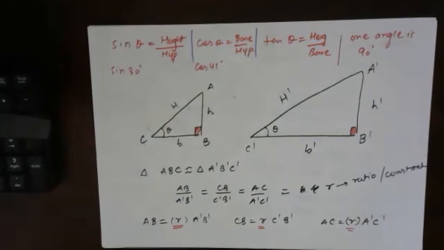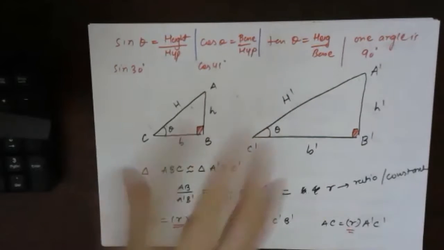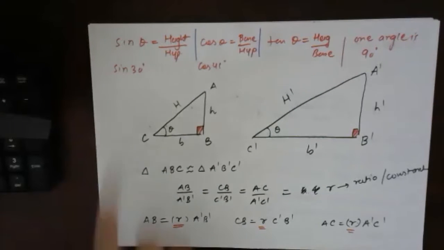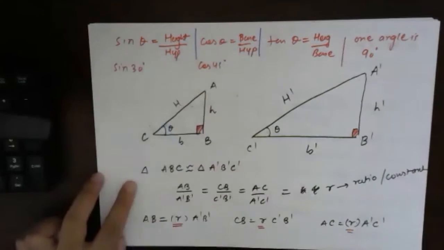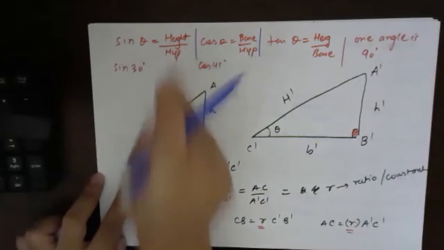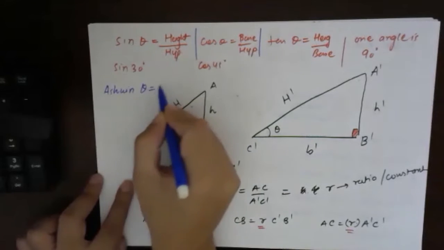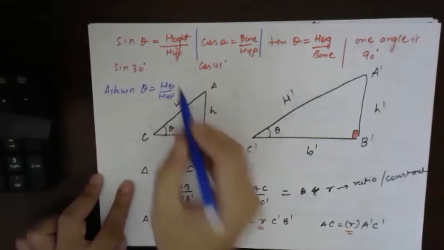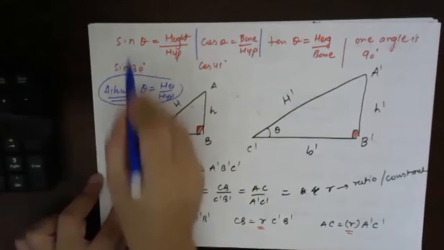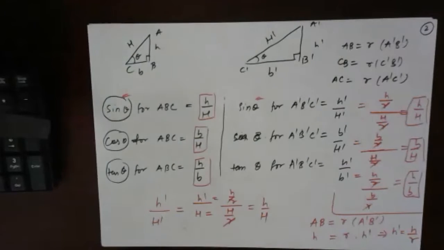These are just names given: sine of theta, cos of theta, tan of theta. Suppose at that time Ashwin was studying sine theta. So maybe Ashwin has written Ashwin of theta is equal to height upon hypotenuse. So basically this is just a name. This part is just a name. This is just a name. Understood? Fine. For this one also.